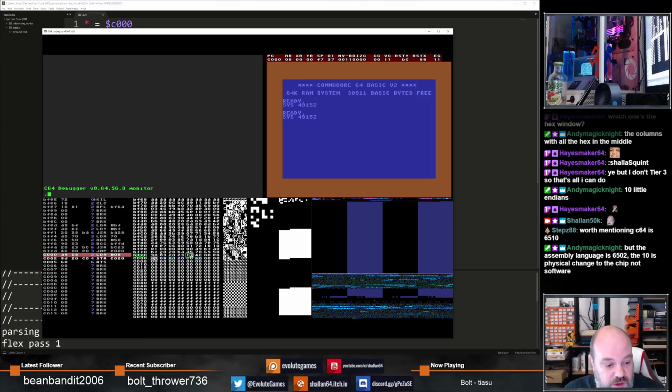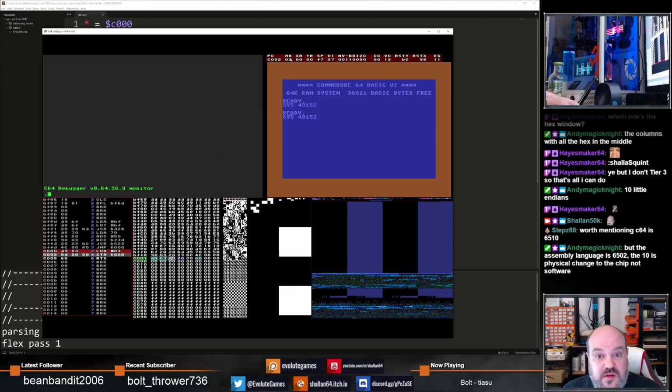So there it goes. Run. It's stopped there because our breakpoint is still there. You can see it's got the value 8 already in there. So let's change that to a different number. Let's change that to 03. There we go. So you'll see as I run this instruction, the accumulator register changes to